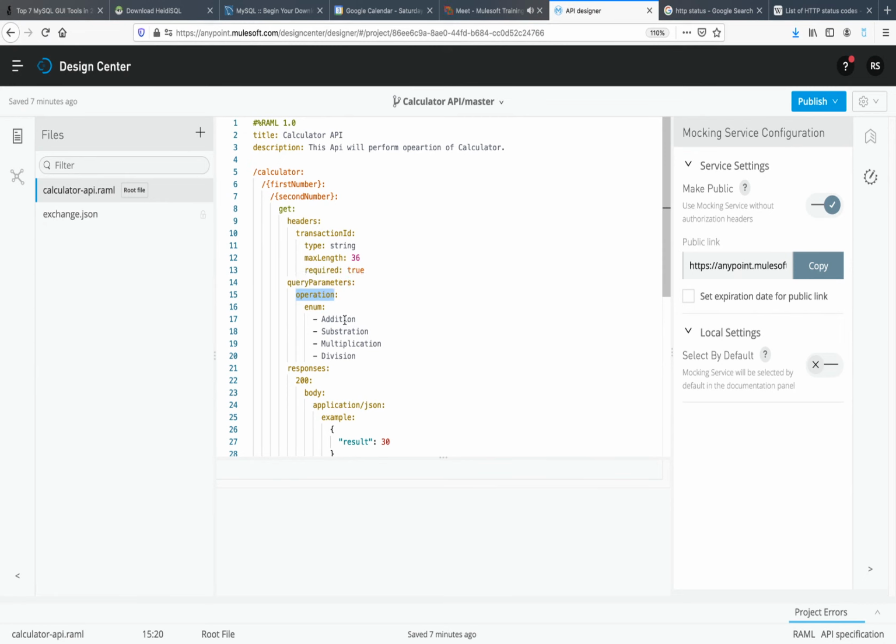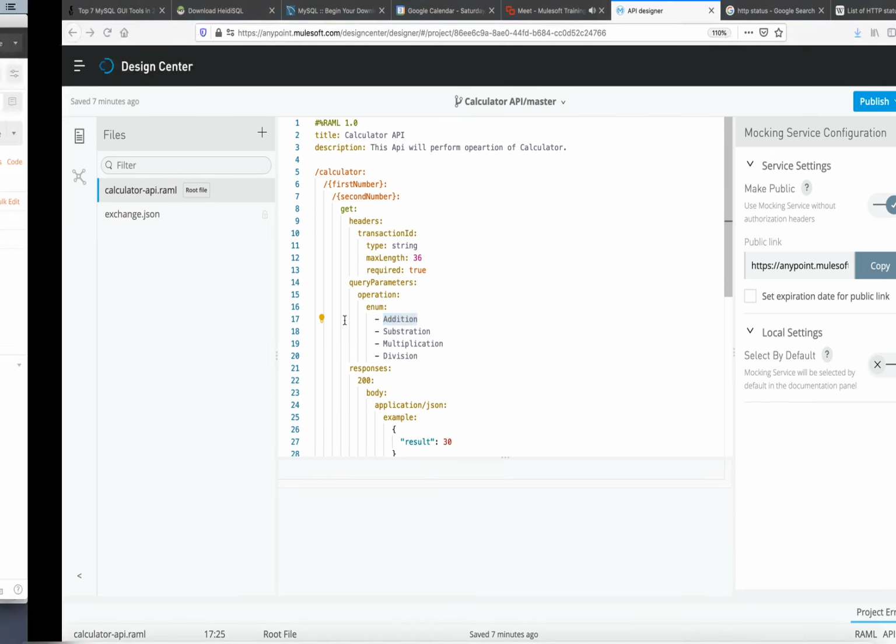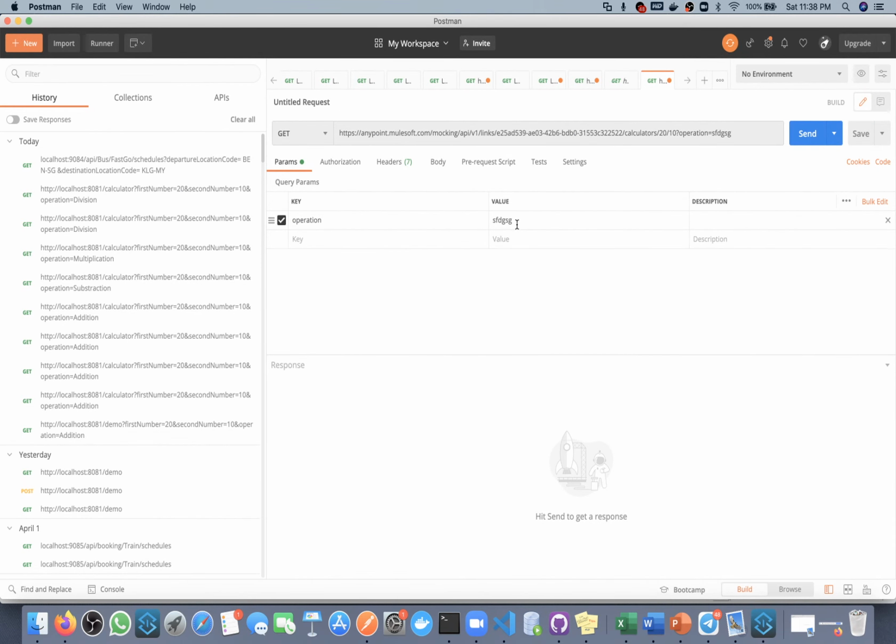For now I will copy this, but I will not pass this. I will pass any random data. Anything we need in header? Yes, we need transaction ID. The maximum length of transaction ID is 32, so I am passing this much data. And let me call this.